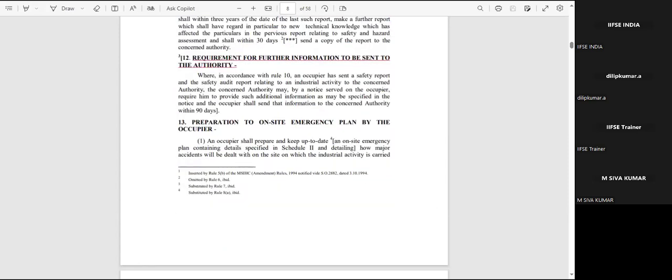Then requirements for further information to be sent to the authority. What kind of information do we have to send? Where, in accordance with rule number 10, an occupier has sent a safety report and safety audit report relating to the industrial activity to the concerned authority, the concerned authority may, by notice served on the occupier, require him to provide additional information as specified in the notice, and the occupier shall send that information to the concerned authority within 90 days. So whenever the authority asks for additional information, he